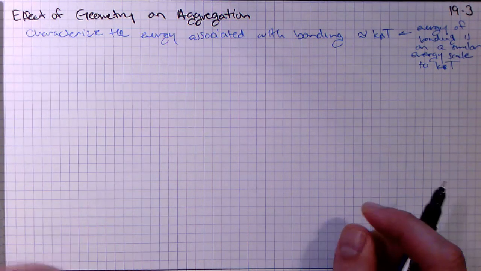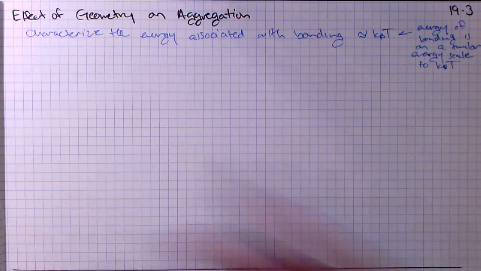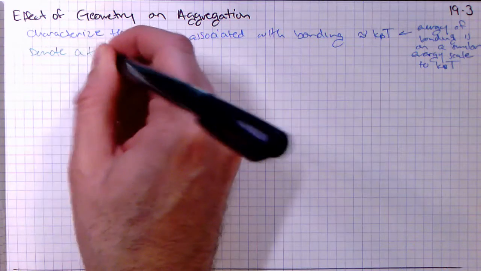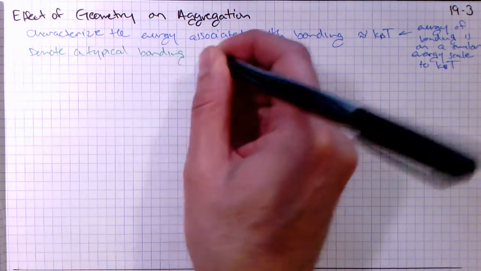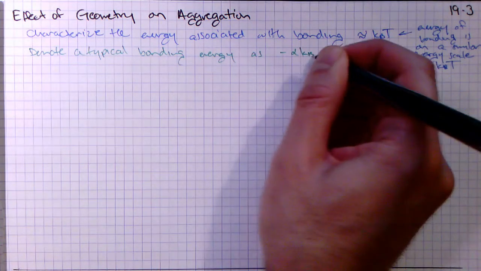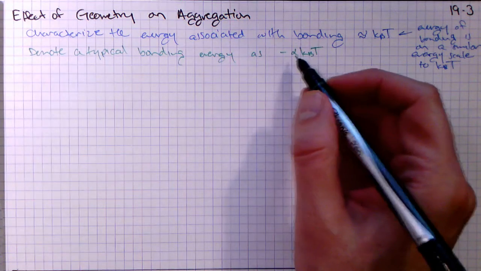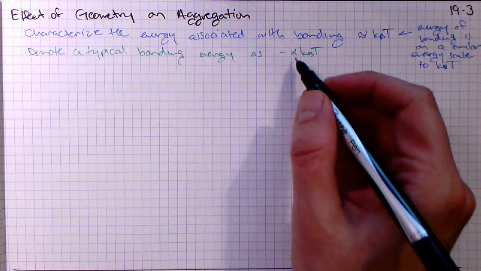And let's denote a typical bonding energy as minus alpha kBT. That is, we're going to just take some constant alpha and say that that's the ratio between the bond energy,